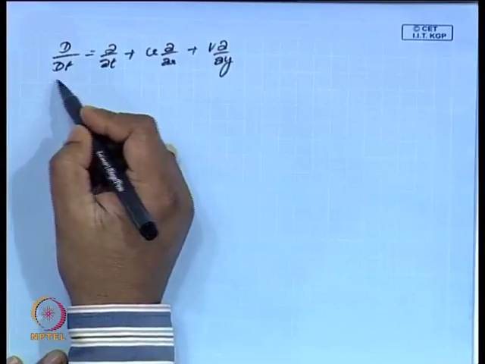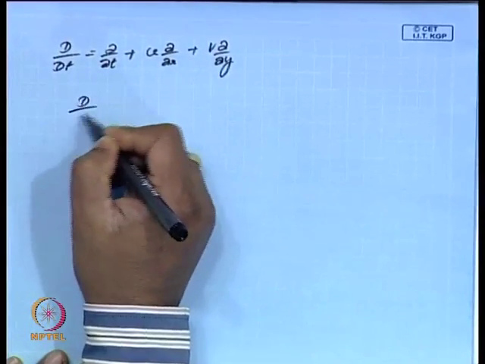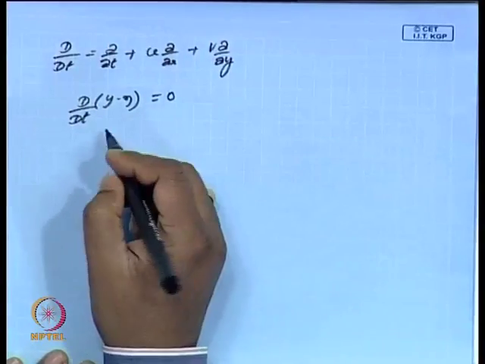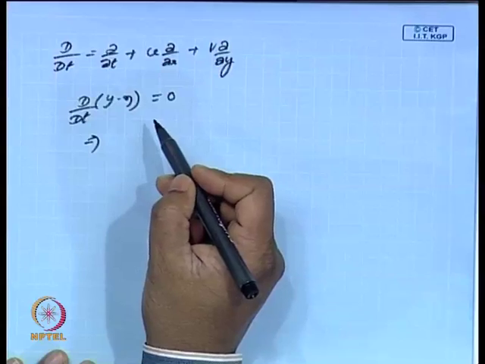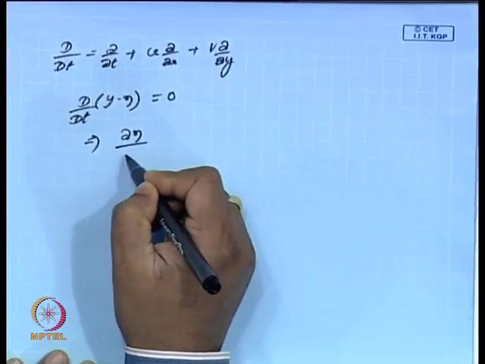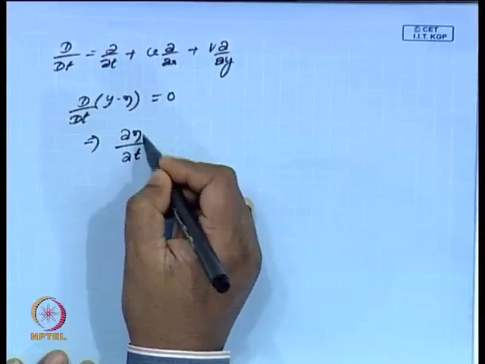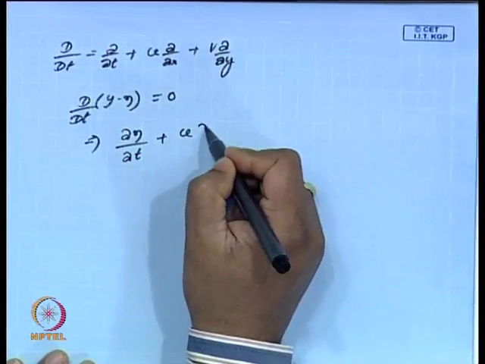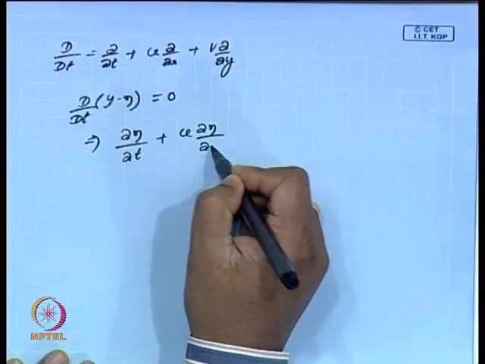So, when I say d by dt of (y minus eta) is equal to 0, this will give me del eta by del t plus u del eta by del x